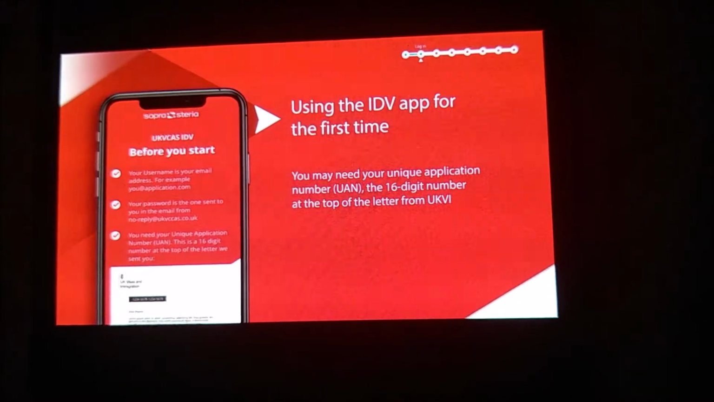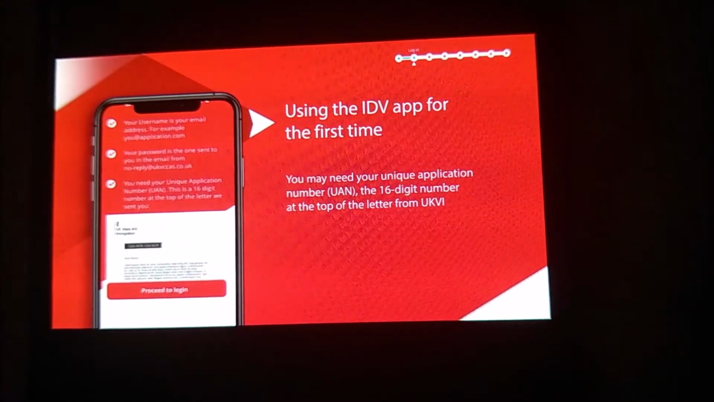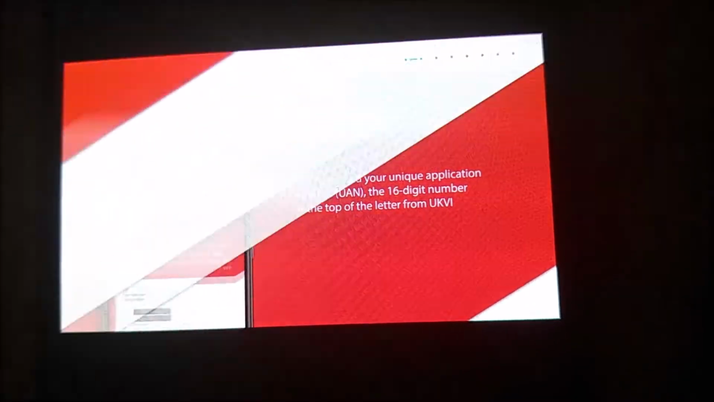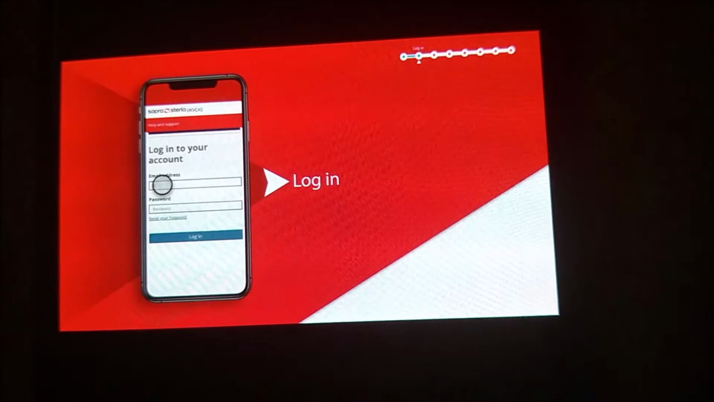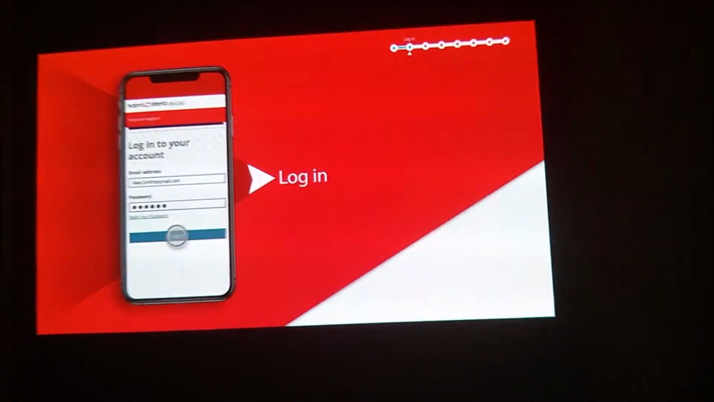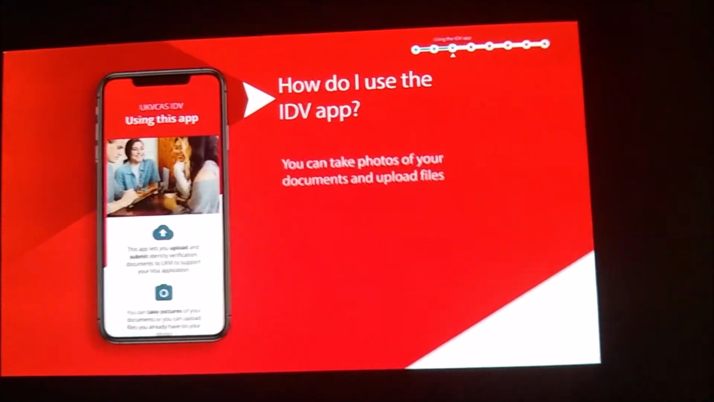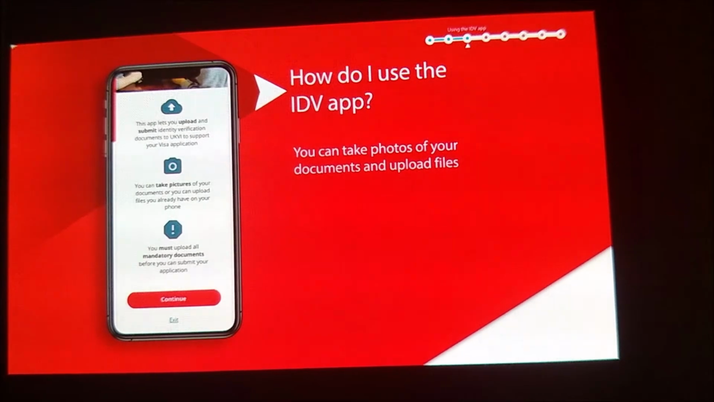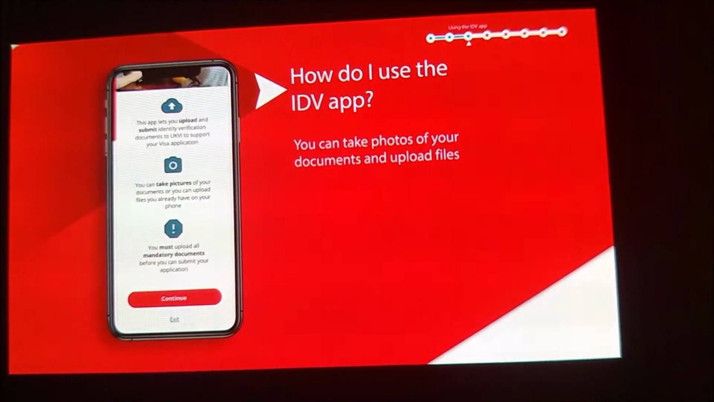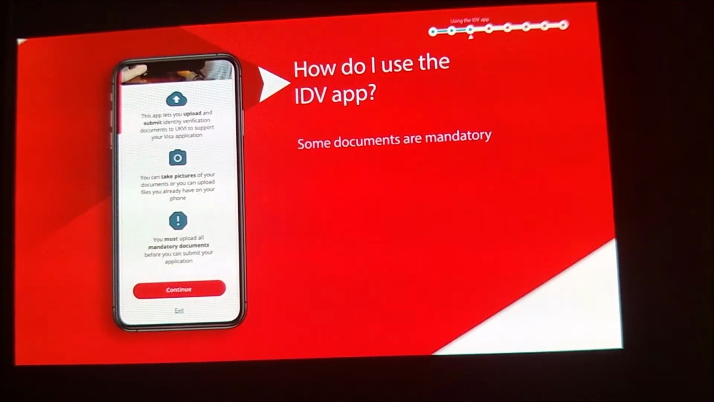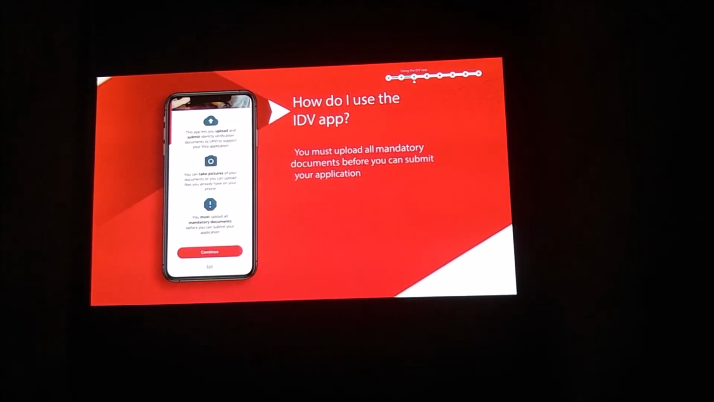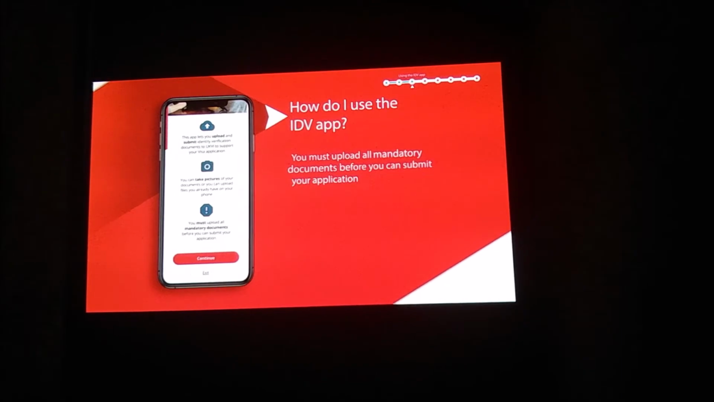Hi friends, we'll see today how to fill the IDV app, how to fill the form documents via IDV. Here you can log in by user ID and password. Here you can upload the photos, documents, or take the photos. If you don't have a document, then you can just go and take the photos of your document. And here you click on continue,